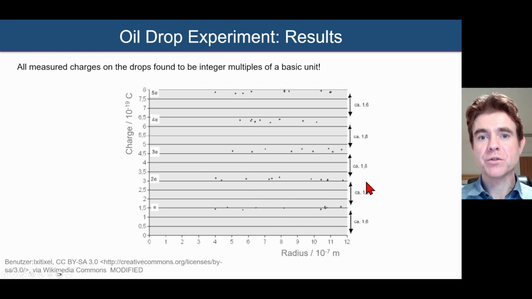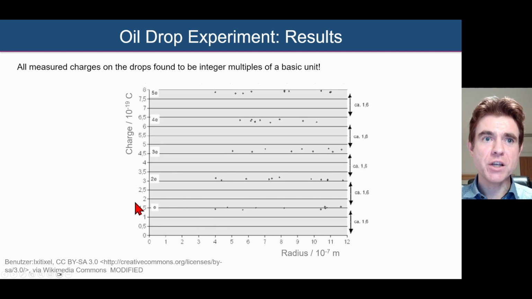And so we've measured the radius, equating the weight with the drag force from Stokes' law. That's how we found the radius. And then once we found the radius, we've been able to calculate the charge capital Q on the oil droplet. And what you'll observe here is that the measurements of the radius seem to be fairly evenly distributed across this x-axis. This is in 10 to the minus 7 here. So these are quite small oil droplets. But you'll notice that capital Q, the measured charge, takes on these very distinct values. In other words, there are no values of capital Q in that range there, none in that range there, none there,